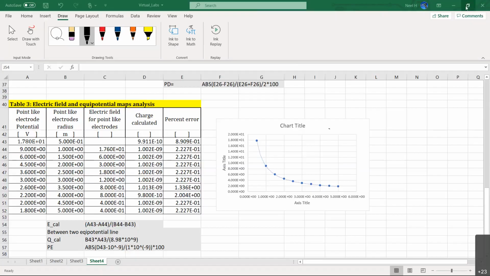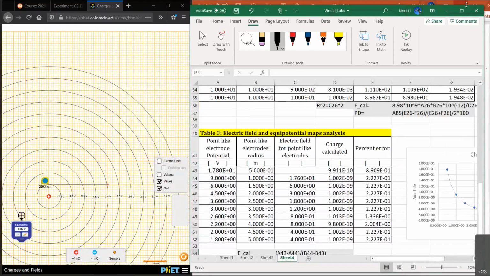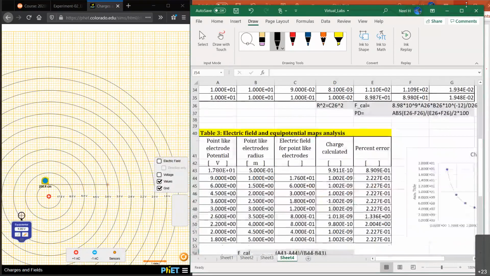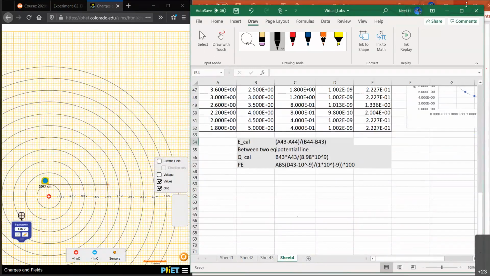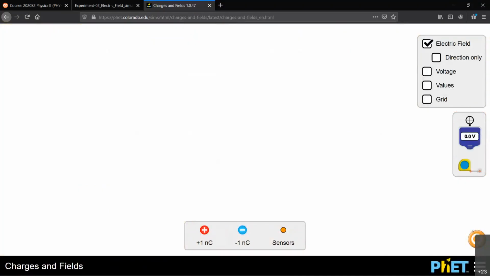All right guys, any questions so far? Good, all the 3 data tables and all the 3 graphs. Any questions so far? Everyone okay with that? Now let's take a look at what will happen if I bring, let's get rid of everything.